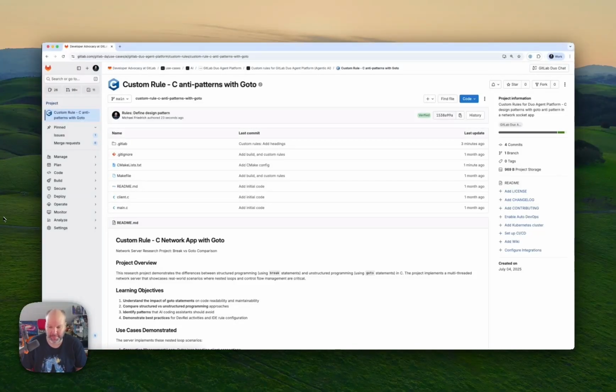Hello everyone, this is Michael and I'm back here with another use case for custom rules in GitLab Duo Agentic Chat on the GitLab Duo Agent platform, with anti-patterns or design patterns in the C programming language. So here we have a network application which provides a simple overview of a TCP server responding to client connections. And the goal here is the application provides source code with goto and with break patterns